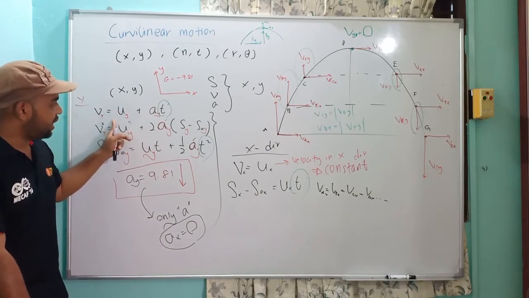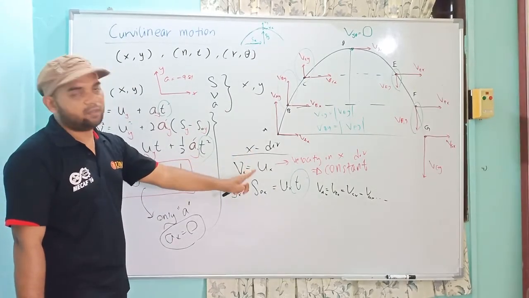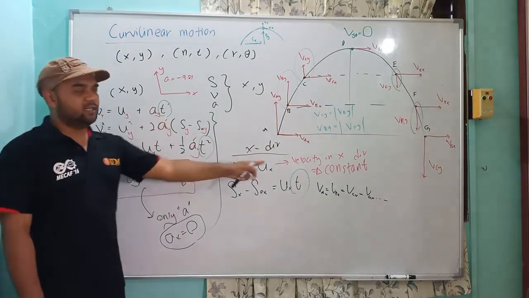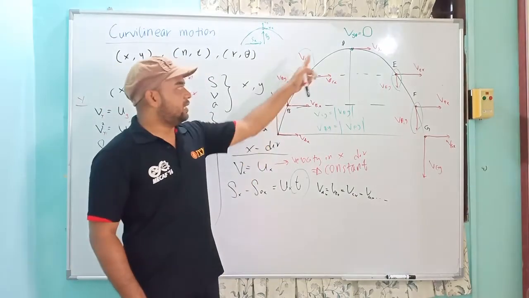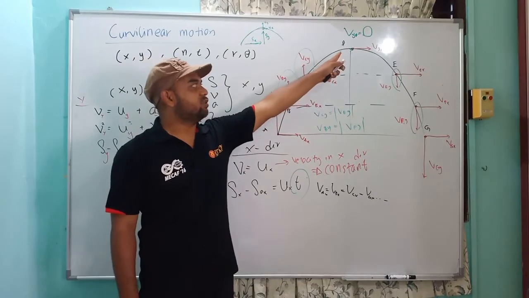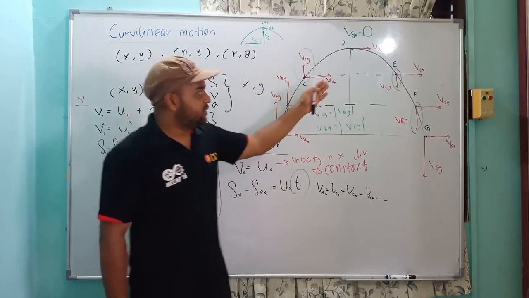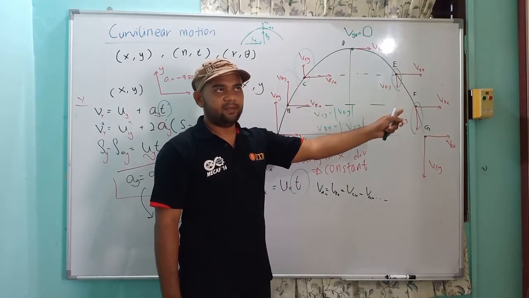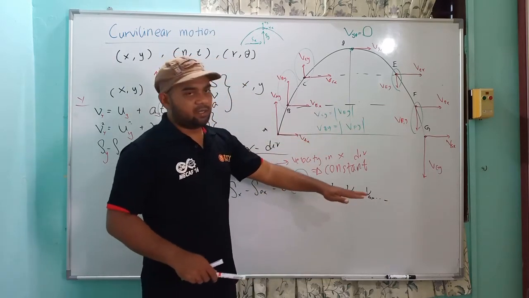Because a is 0 in the x direction, we will have only two equations from there. Okay, the only thing that links these two is the time. And observe from here, as it gains height, the velocity will decrease for y direction, and it goes to 0 at the highest point, and then it will gain velocity again at the same level. The velocity of y will be the same magnitude, opposite direction, but for x the velocity must always be constant.